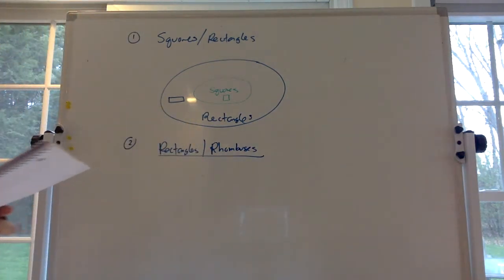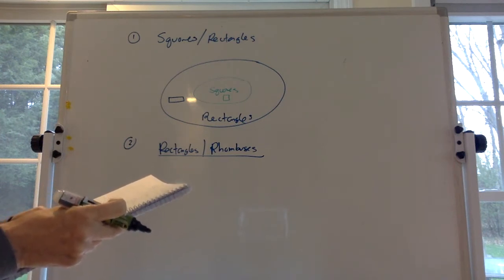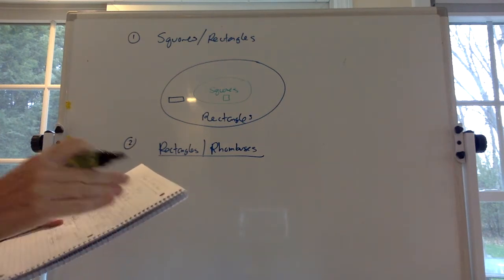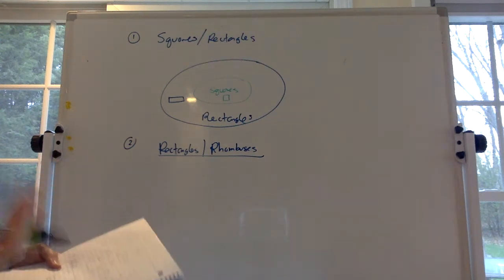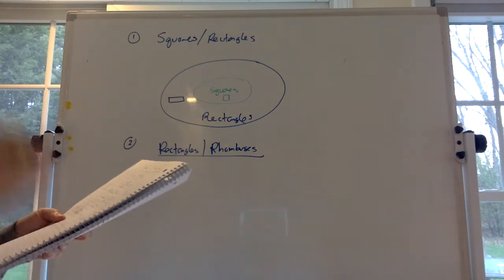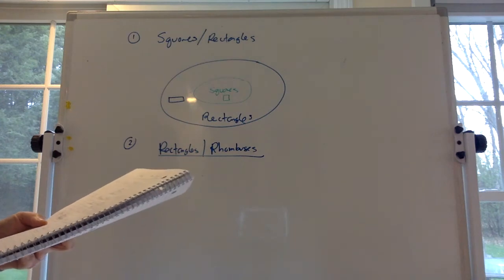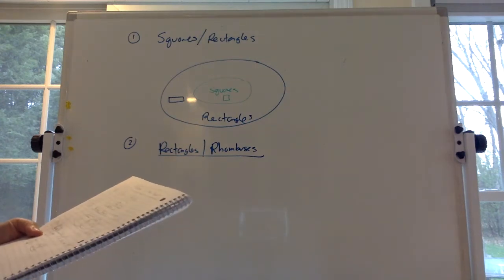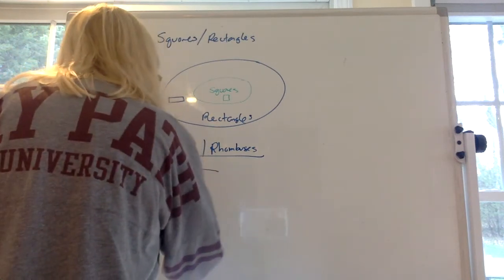Okay, I always remember rhombuses, I think of diamonds when I think of a rhombus. The definition of a rhombus is it has to be a four-sided figure that has four sides of equal length. You say, well, that sounds like a square, but you don't have to have right angles for a rhombus. So are rectangles rhombuses? Are all rhombuses rectangles? Oh, geez, we got to figure that out. So I think what we'll find is